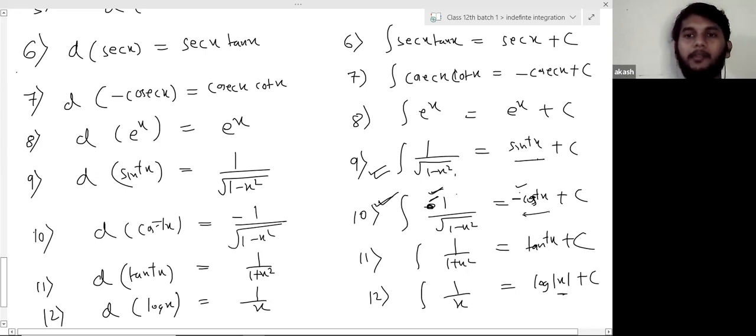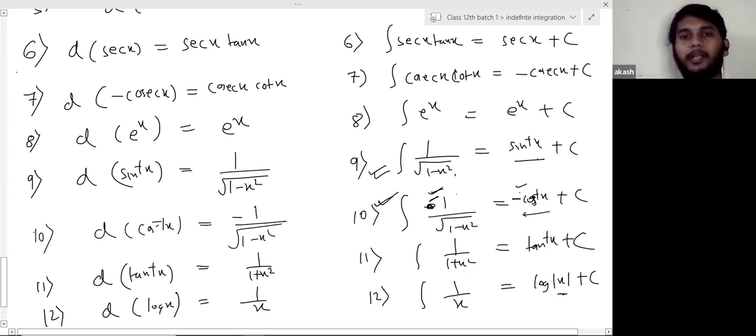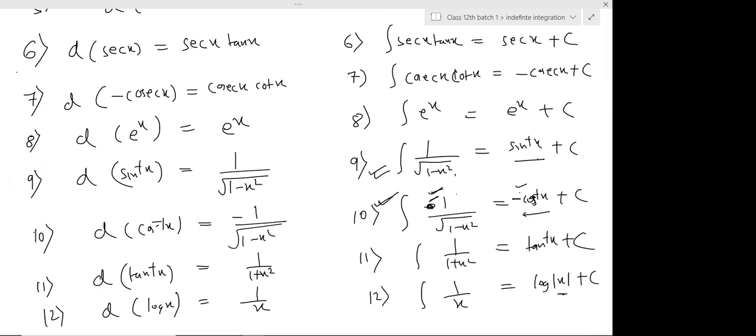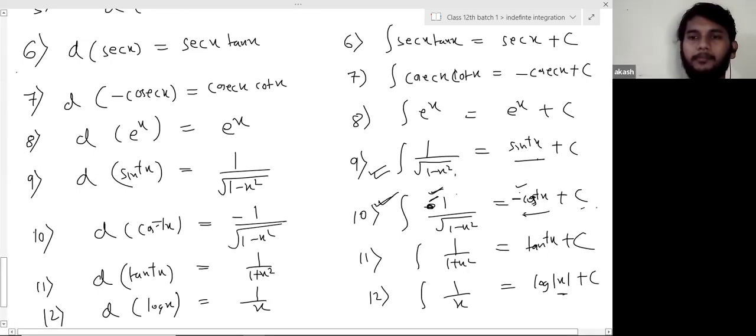So never be confused by your answer. Integration can result in many answers, but in most questions we will try to get the answer that matches the NCERT. But if you get a different answer, don't worry. Will minus affect the plus C? No, that will not affect C. We have not put any specific value on C. If you write minus C, I will say that minus C becomes plus C2, and this is the same thing. We have not told what the value of C is.